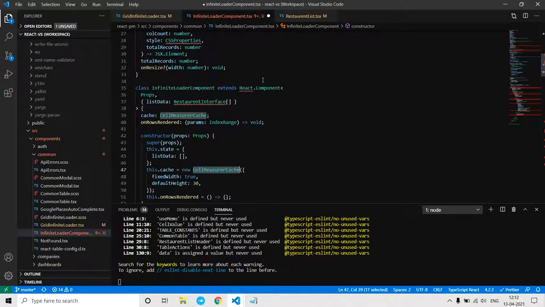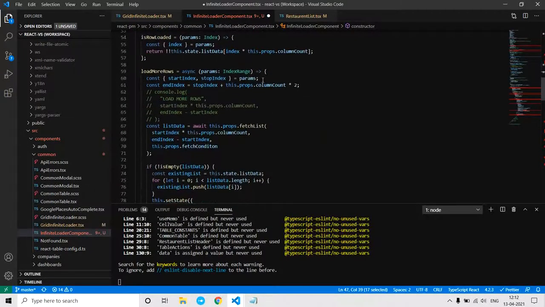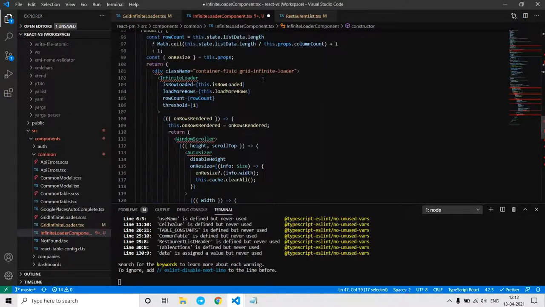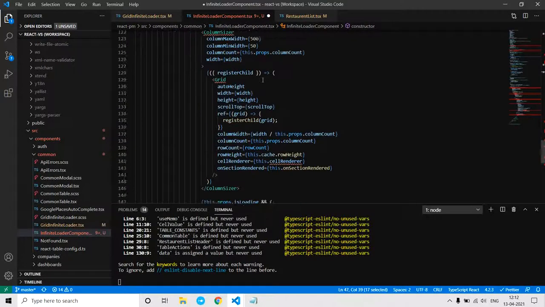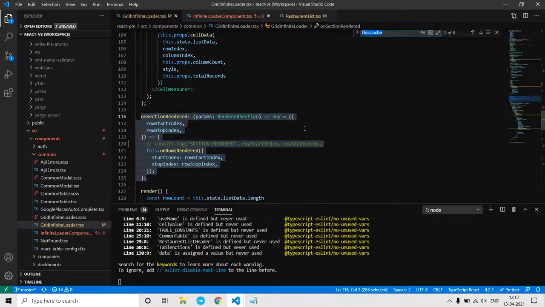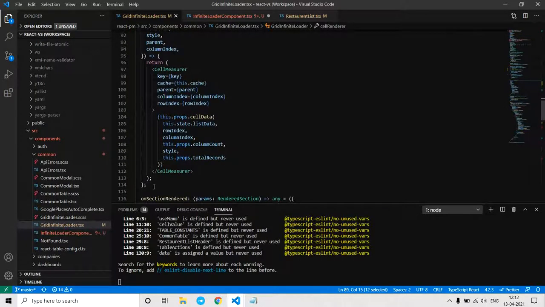So you might wonder where is the cell measurer. You are going to see it in a cell renderer function, which I will just copy. Let's copy this cell renderer used by grid.